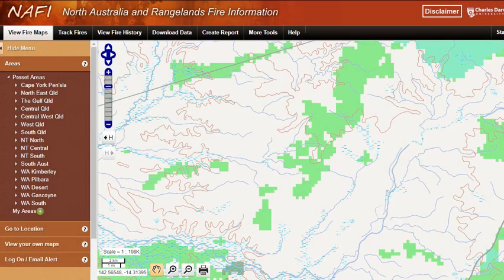This video shows how you can use high-resolution Landsat satellite images to check on gaps in previously burnt fire breaks in Cape York Peninsula. For example, on the screen here we can see a line of fire scars. Now let's suppose that we have a fire over here that's spreading to the west, and so we want to see if this line of breaks here is going to stop that fire